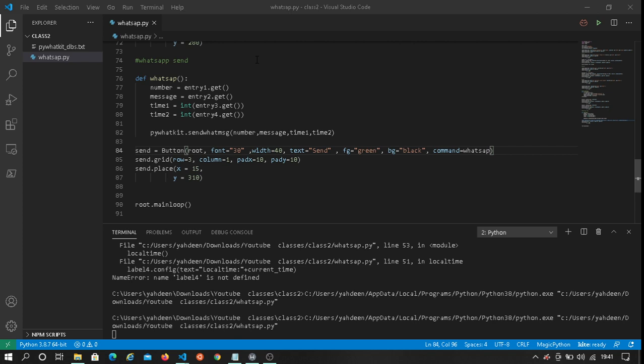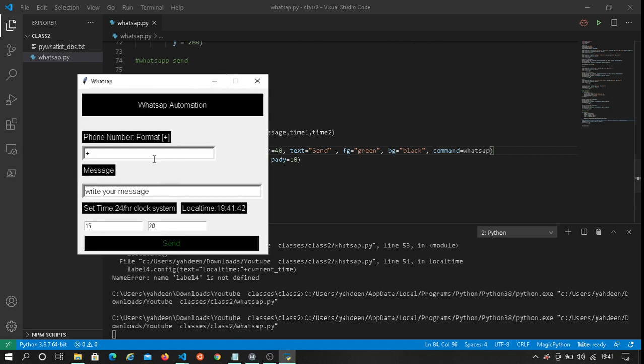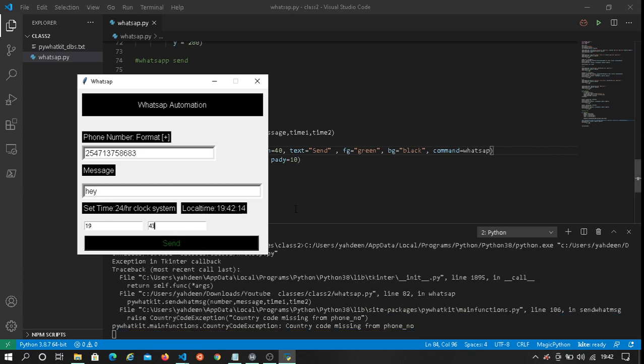And let's try now sending the message. Hope this works. So, +254 713, and let's set the time to 19:53. Send. Plus this should be plus.